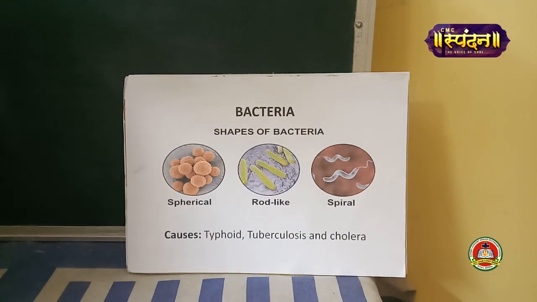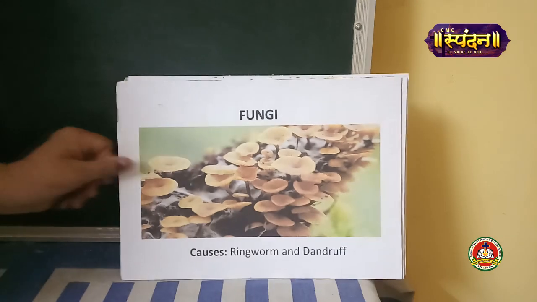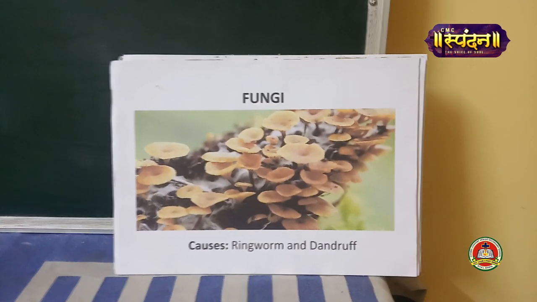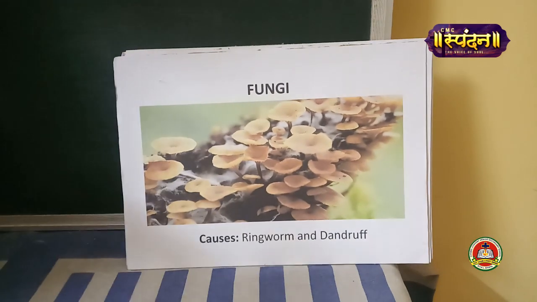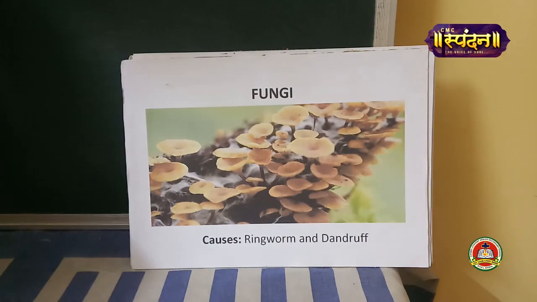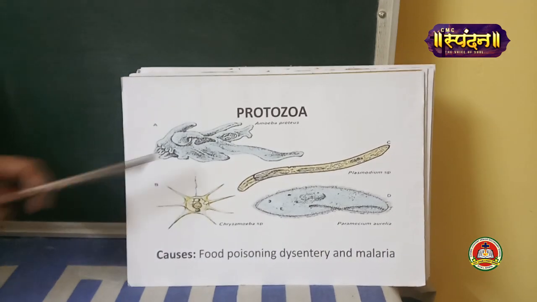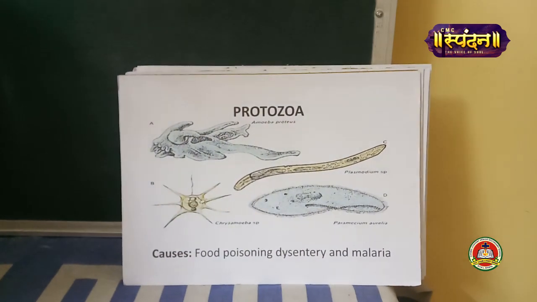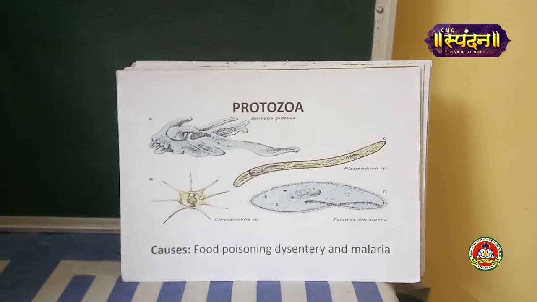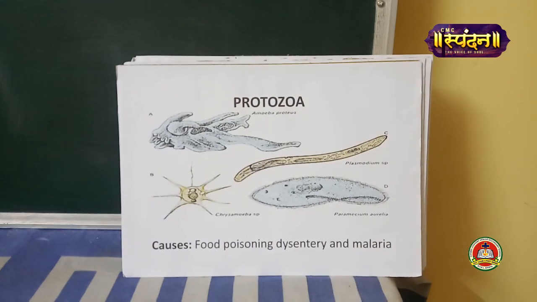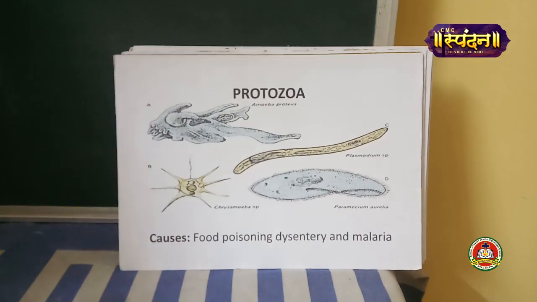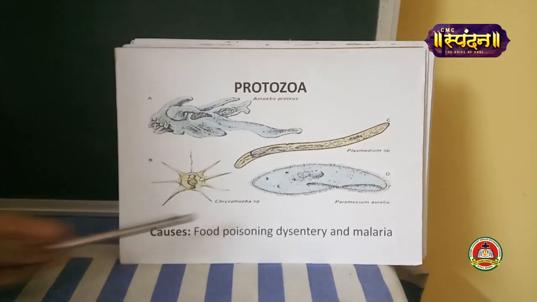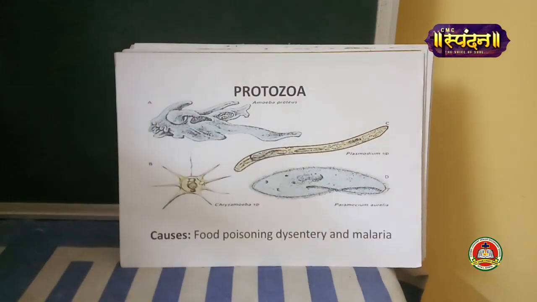Next, we move on to fungi. Have a look at fungi. Fungi can cause diseases like ringworm and dandruff. Next, protozoa. These are the different protozoa: amoeba, paramecium. You will learn about these protozoa in higher classes. But for now, just remember that protozoa are microorganisms and they can cause diseases like food poisoning, dysentery, and